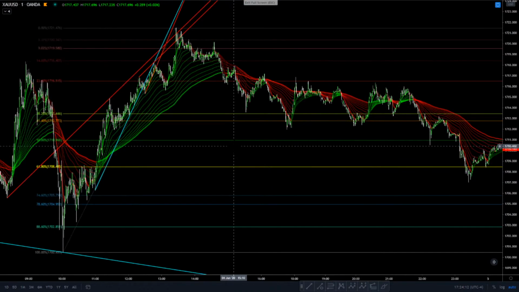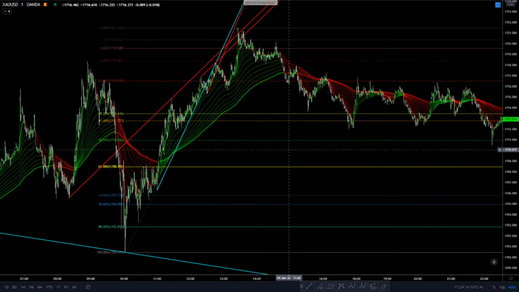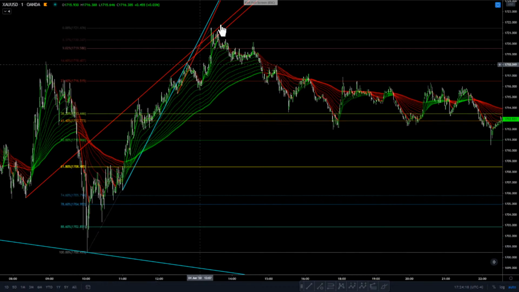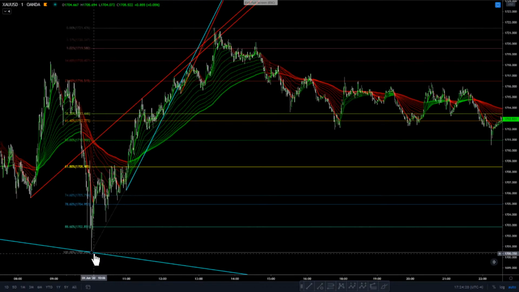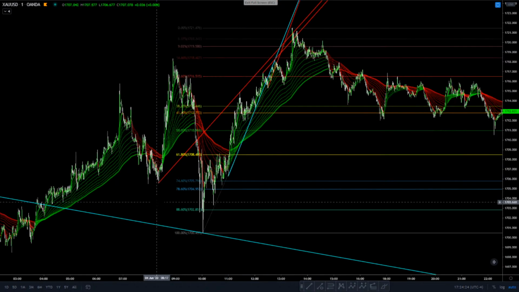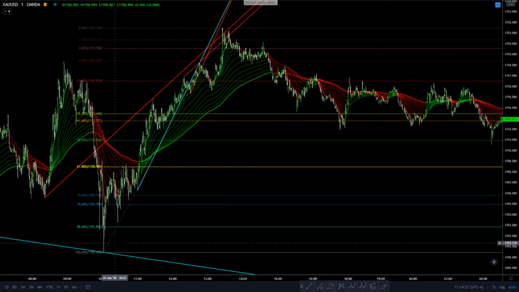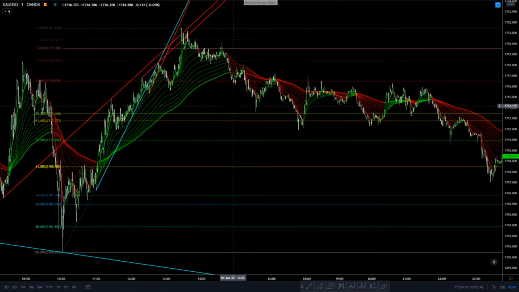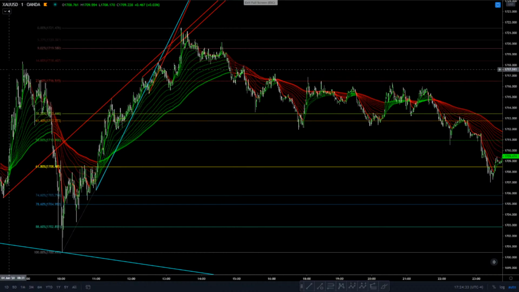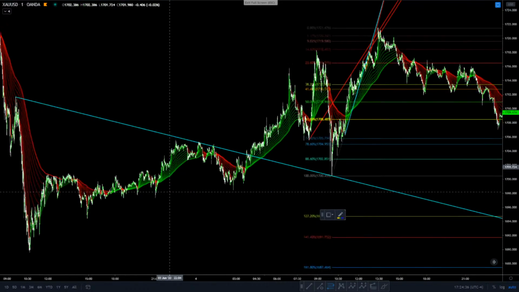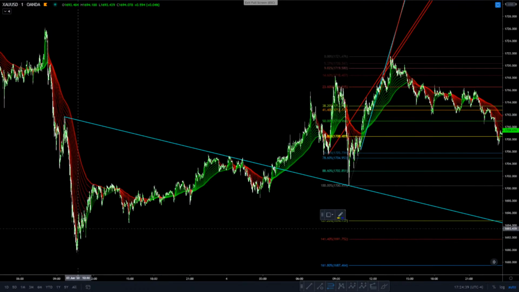So generally speaking, what you want to do when you're doing Fibonacci retracements is you want to actually start from the beginning of the move to the end of the move. Now, not always is it the low to the high, but generally speaking, if you are confused at which ones you should do, it's okay to put both of them on and see which ones will respond the most. And you'd actually be surprised to see that generally you'll get a great response out of